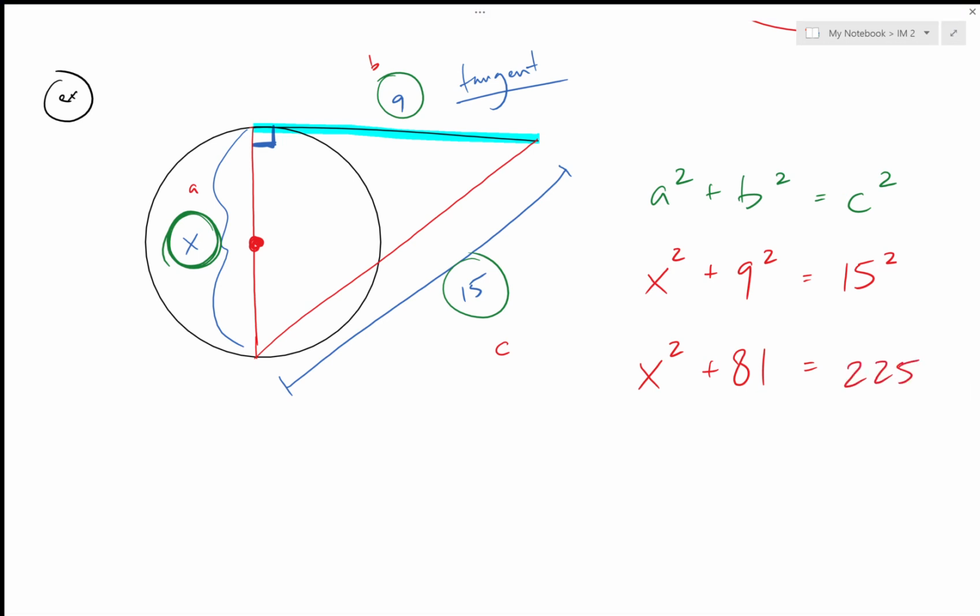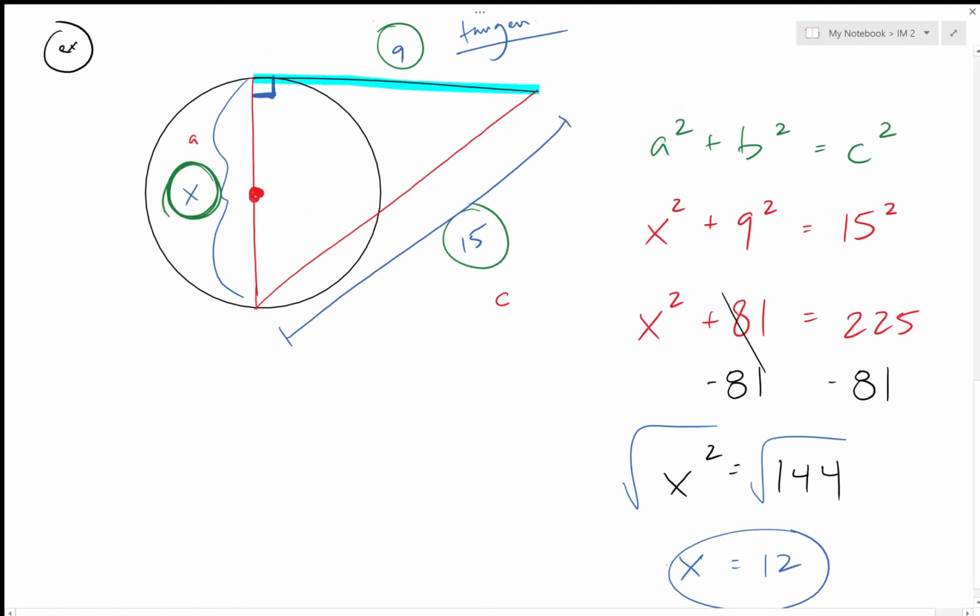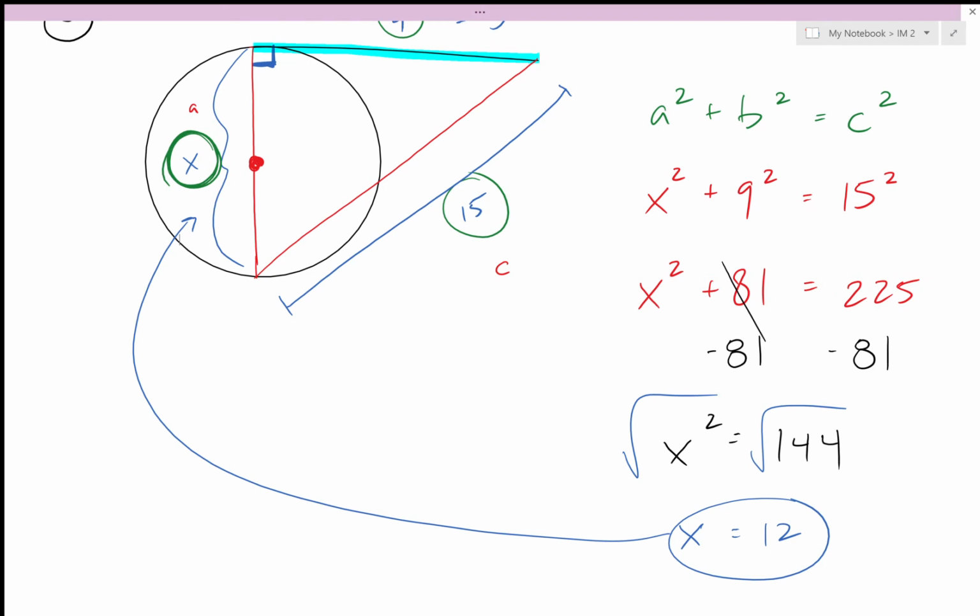I need to get x by itself, so we'll subtract that 81 over. So x squared equals 225 minus 81, which comes out to 144. And the square root of 144 is 12. And let's see, we put that back onto the triangle over here. Yeah, that looks good. It's in the right neighborhood. We got a 9, a 12, and a 15. All right,